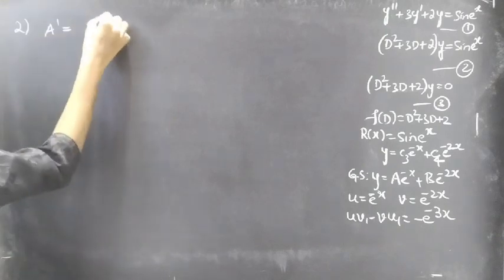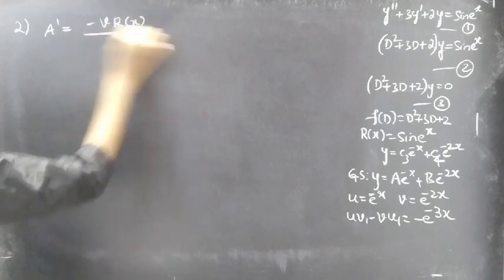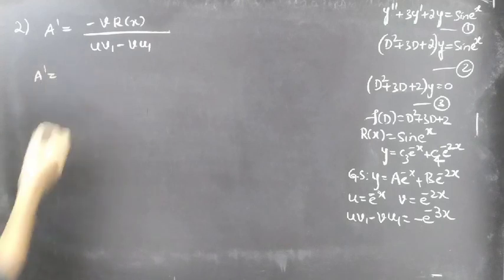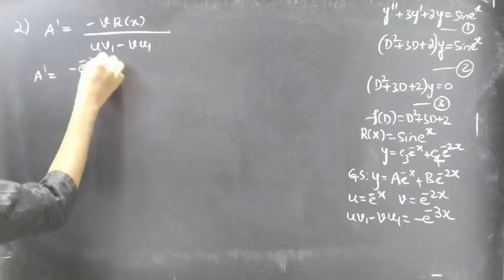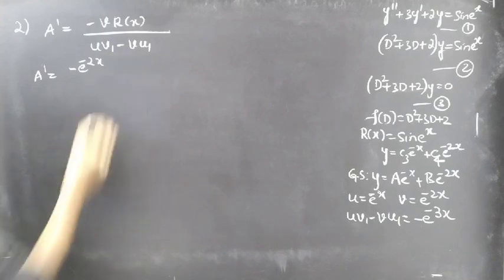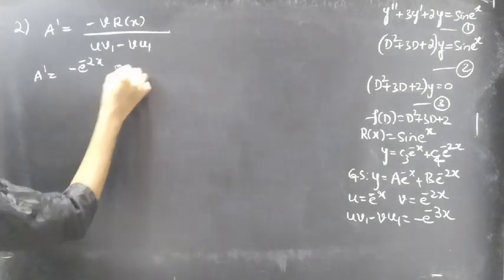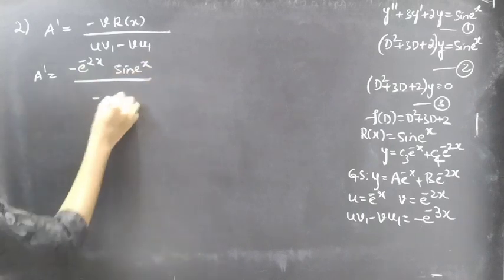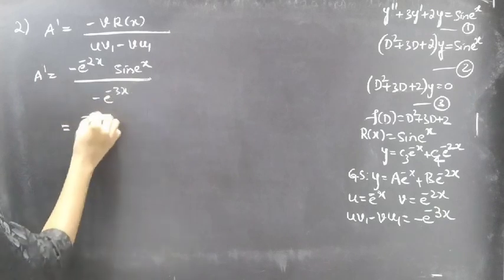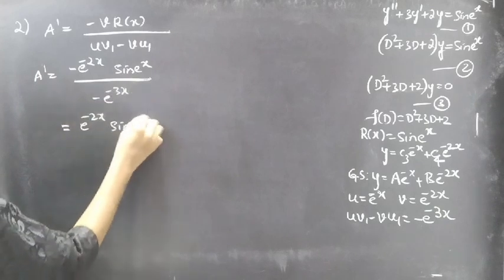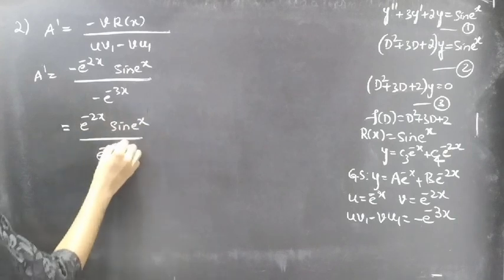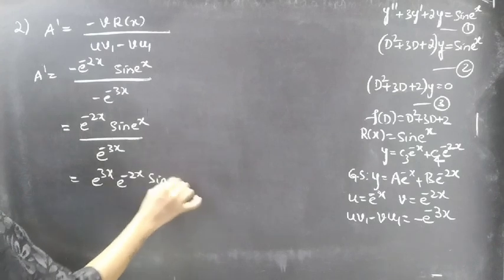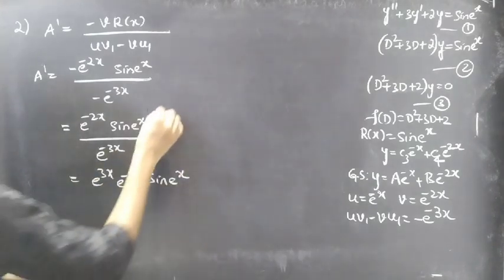A dash is given by minus v into r of x by uv1 minus v1, right? Then a dash equals minus v, e power minus 2x, into r of x, which is sine e power x, by uv1 minus v1, which is minus e power minus 3x. This gives us e power minus 2x into sine e power x by e power minus 3x, or we can write it as e power 3x into e power minus 2x sine e power x,